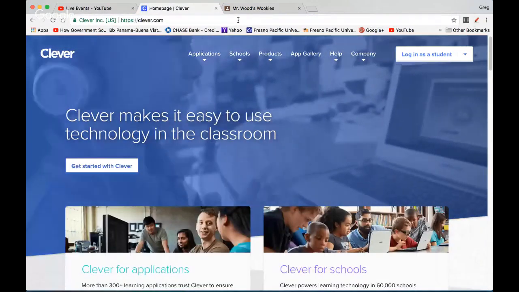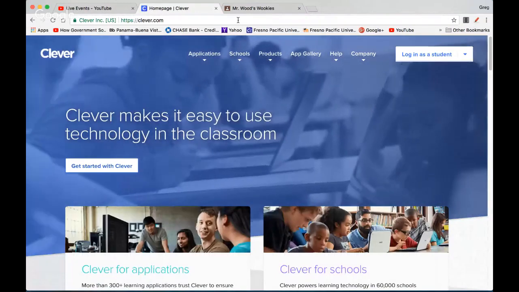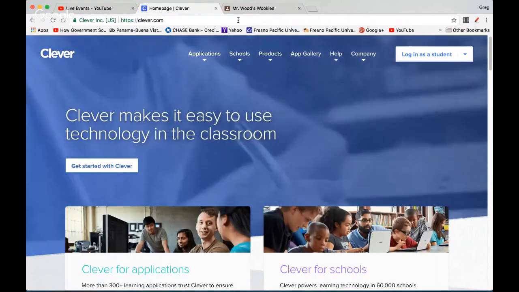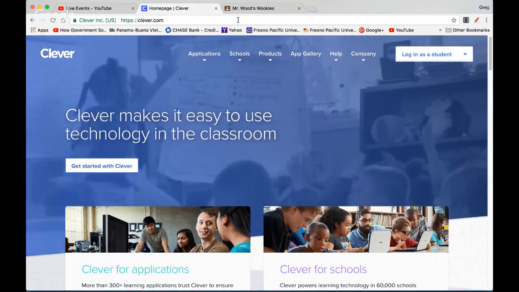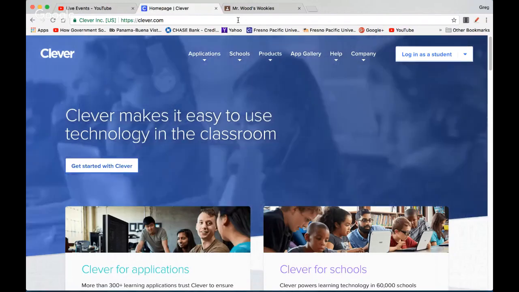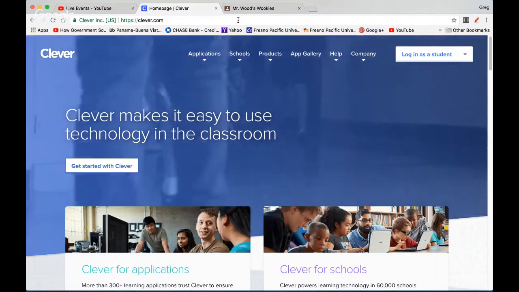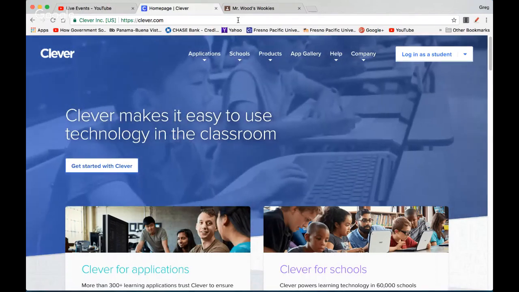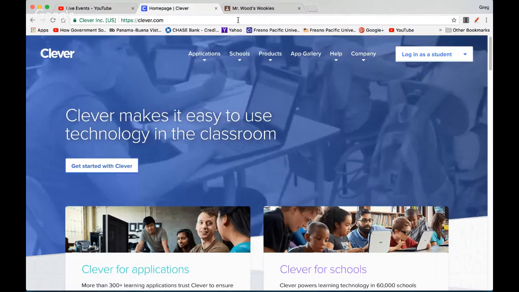So I'm now at clever.com, and Clever is going to be our one-stop shop for a lot of the applications that we use. Instead of having to go through the Panama Buena Vista Union website, now we're going to just go to Clever, and we'll log into Clever, and we'll be able to access all those key tools